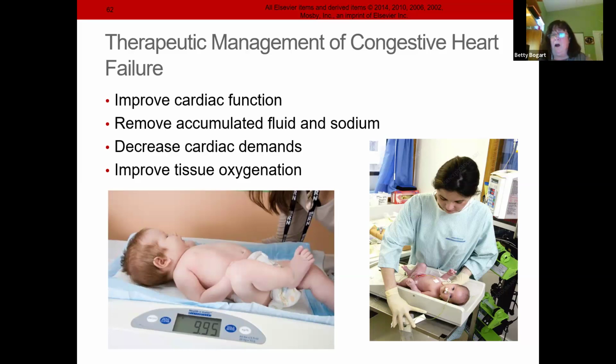So we want to make the heart beat better. We want to get rid of that fluid. So actually, in these children, if it's congestive heart failure, we need to help this heart. We're going to give things like digoxin, and digoxin works very well on newborns. It does. And we're going to give furosemide, Lasix, which we use on adults too, right? So make the heart go slower, beat better, more efficiently, get rid of the fluids, and these kids turn around and do good.